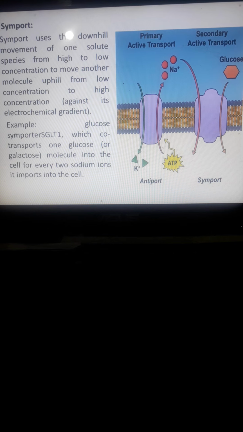Okay, so example, glucose importer SGLT1, which co-transports one glucose or even galactose molecule into the cells for every 2 sodium ions it imports into the cells. So usually if you try to see, this is the antiport system. Okay, it was discussed a while ago that the movement is considered to be at opposite directions. So once sodium is released, then there are 2 sodium ions that will guide the glucose,